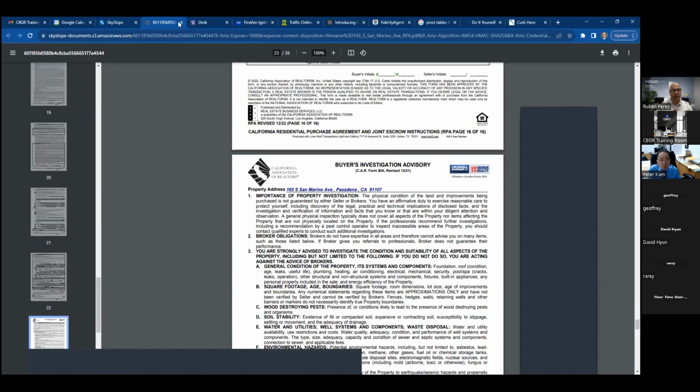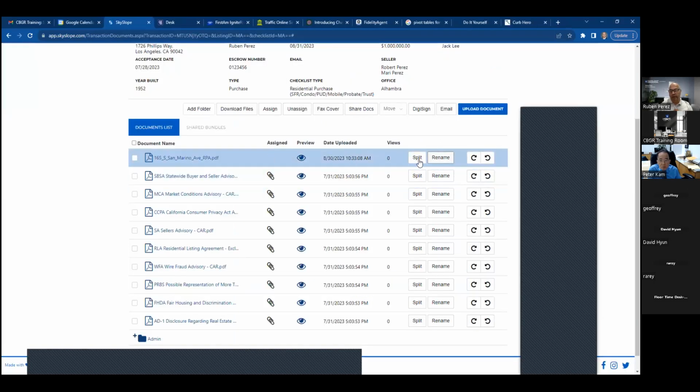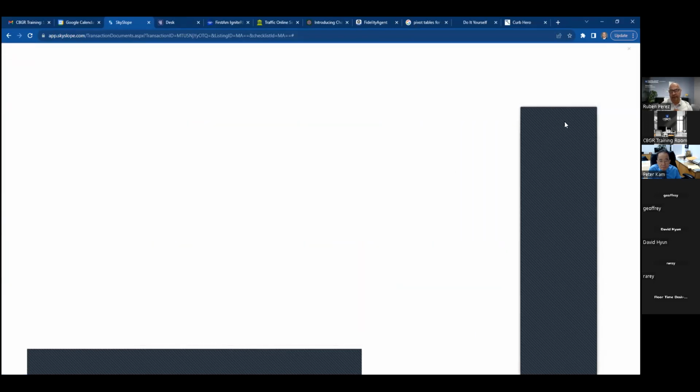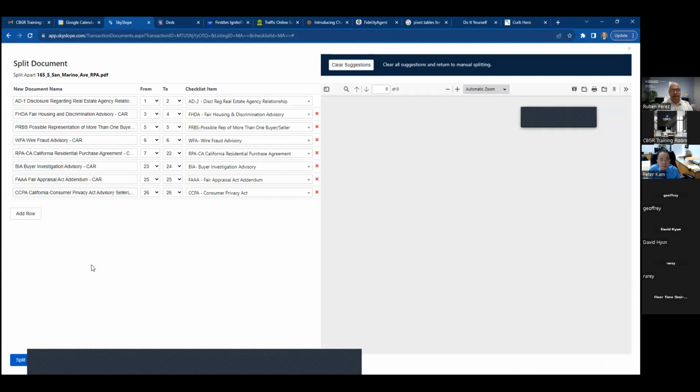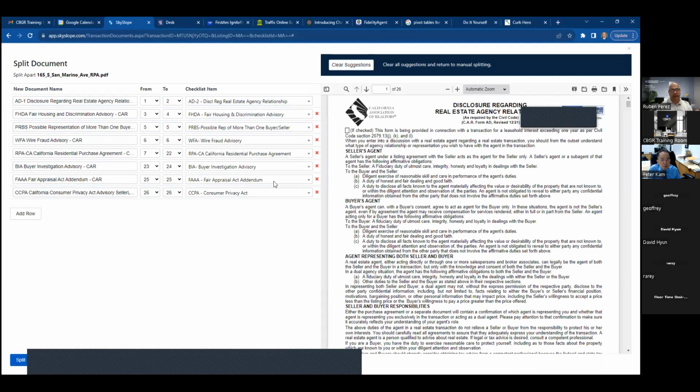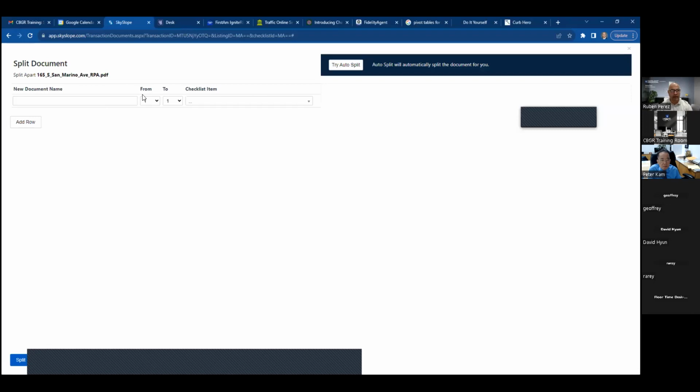Okay, so what we're gonna do is we're gonna split it, okay? Because we know it's not just the RPA. Let's go ahead and split that. You see how it already separated everything for me? Because it knows. So in this case, I don't have to do any work. That's where AI came into play with Skyslope. But if you did have to do it, you would just clear suggestions, right? And you start from scratch,